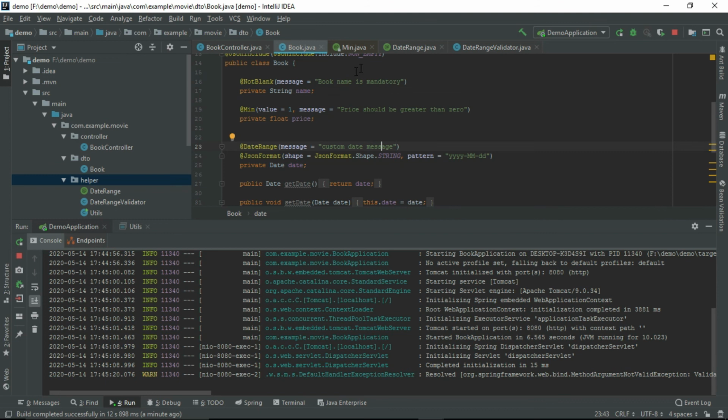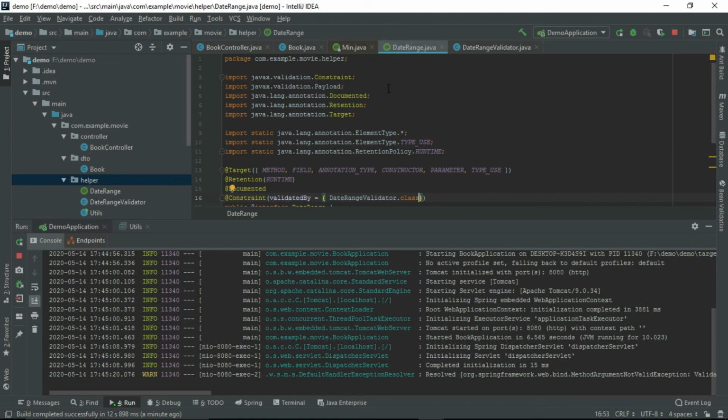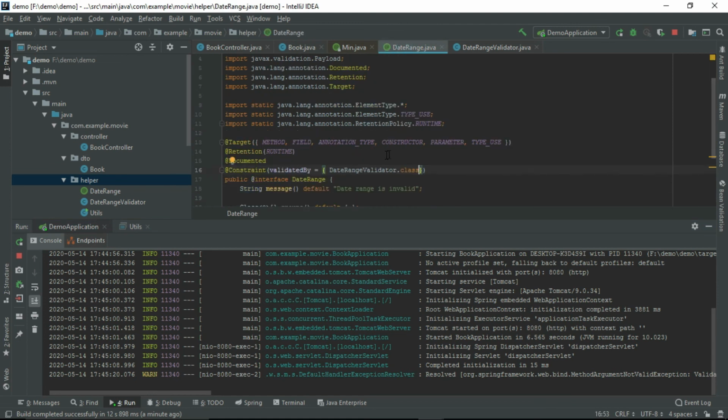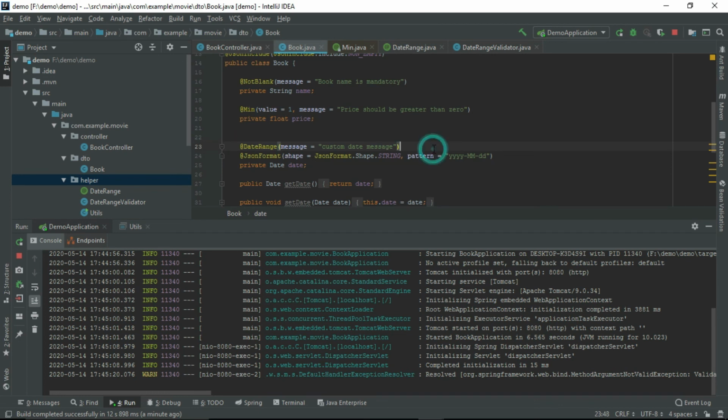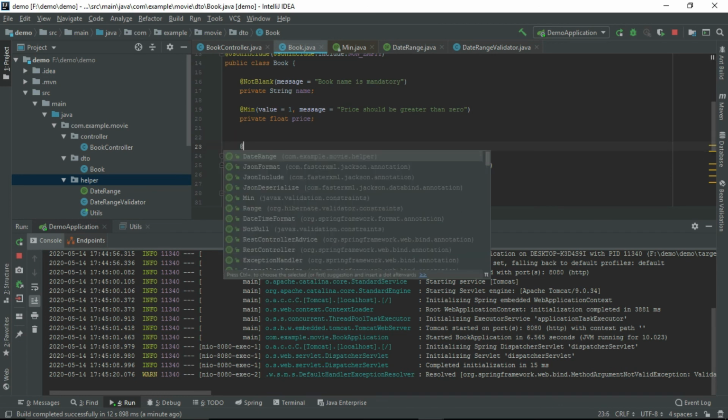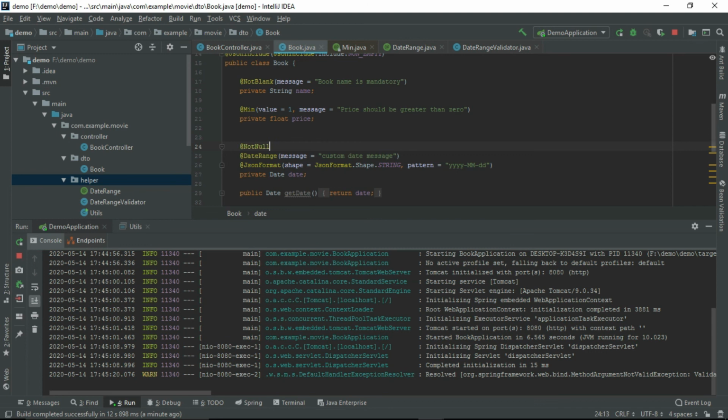Okay, one more thing, we can combine other annotations also with our custom annotation. For example, I want this date field to not be null. For that there is an inbuilt annotation, which is NotNull. Either we can go and put it here, or if you are defining another date, there also you would have to put DateRange as well as NotNull.